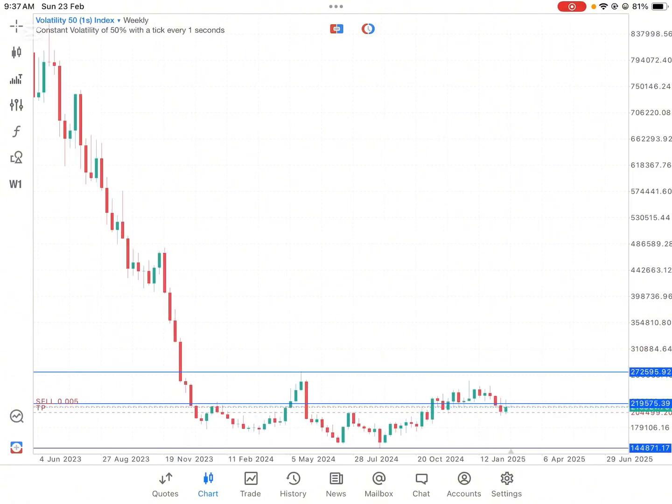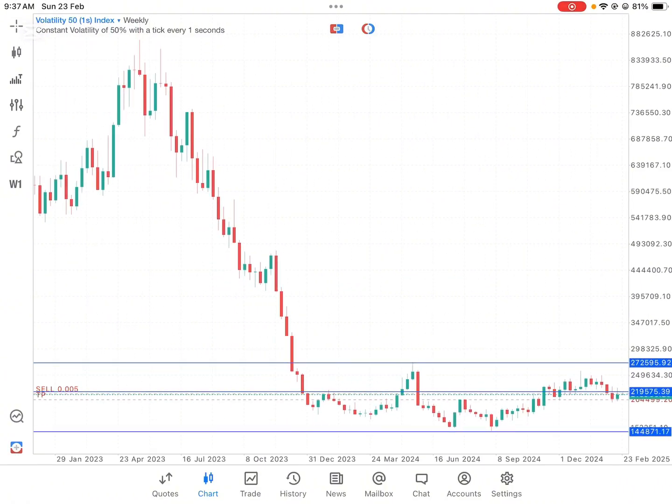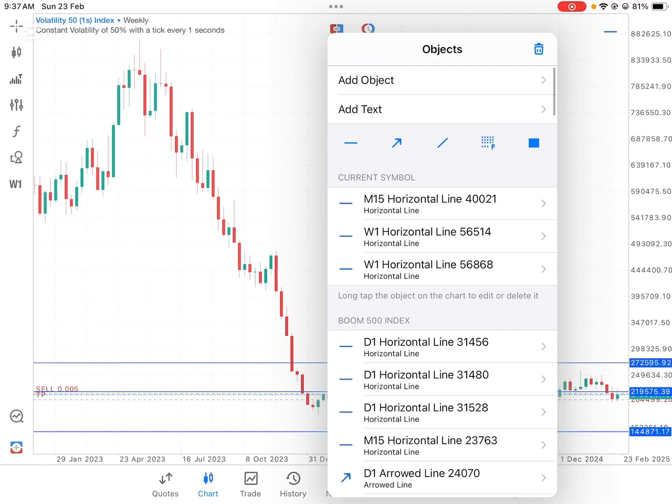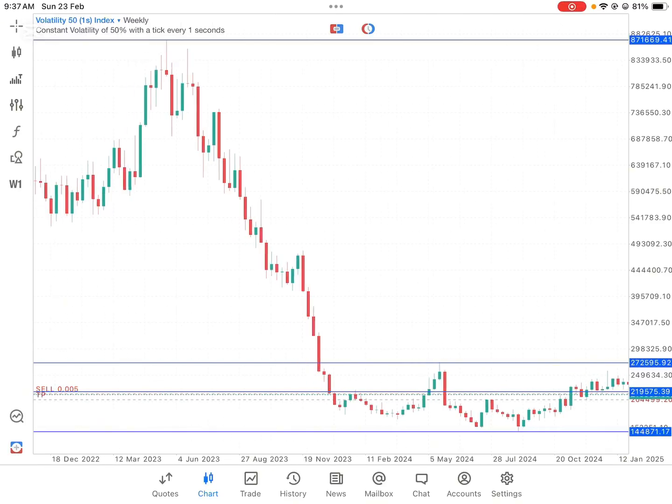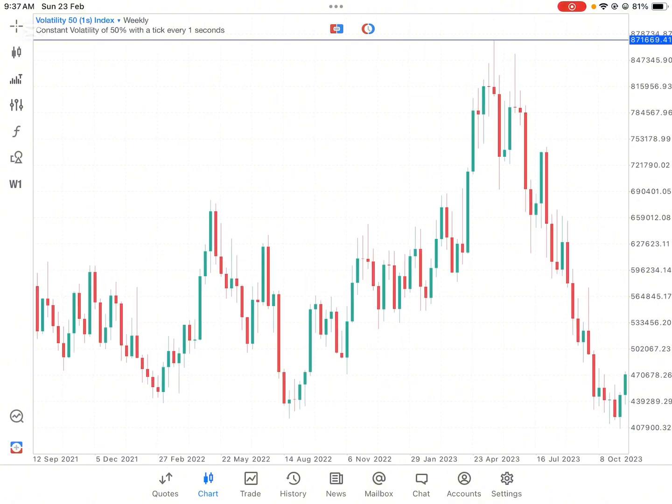And how do we know that? You can see price has been dropping down from this area. This is the overall price we've had the past few years or months that this pair has been launched by